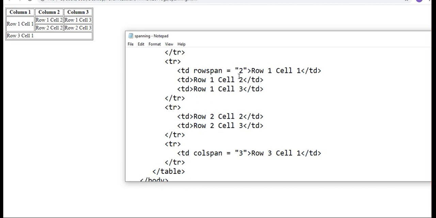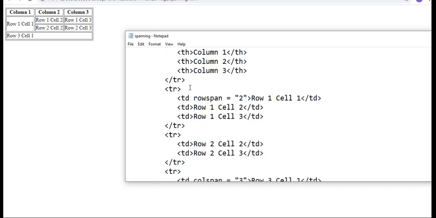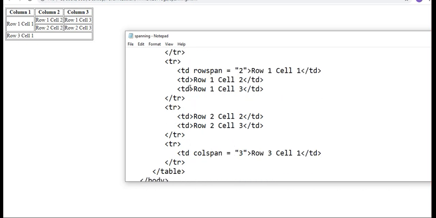This td is closed here, second TD, next immediately TR close, table row, third row, then you have one more row. This row is closed, second row is here, third row, TD, column span is 3, row 3 cell 1.